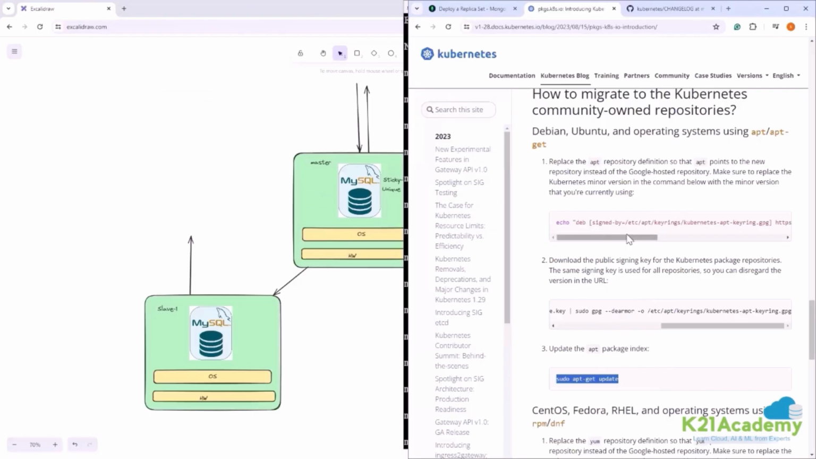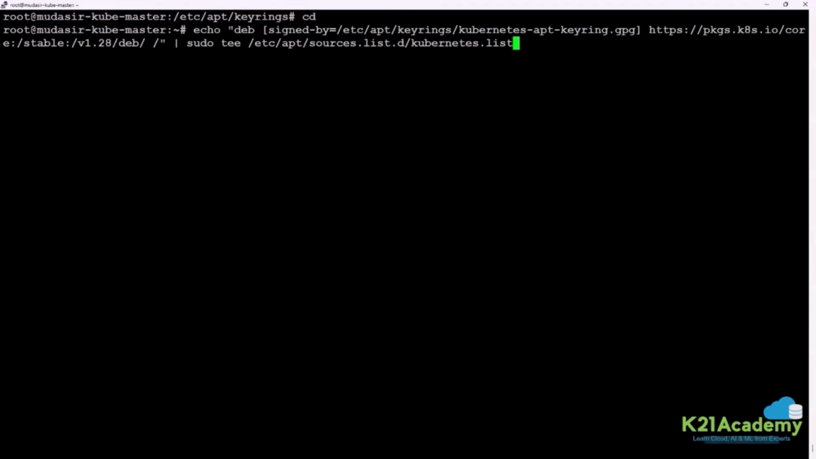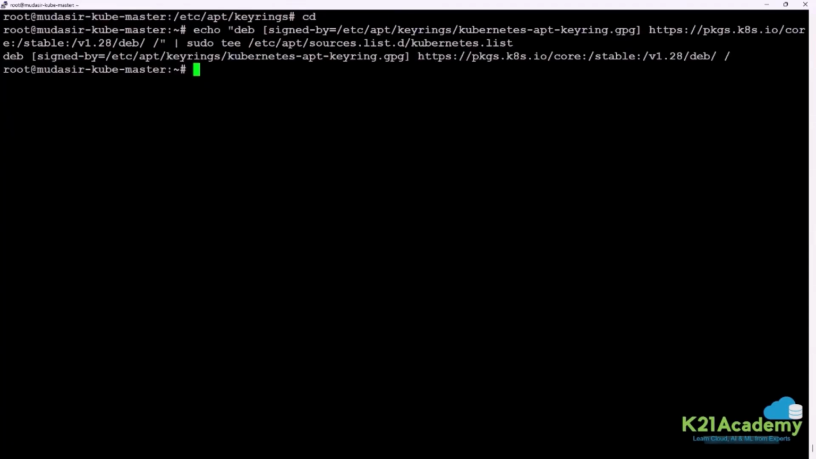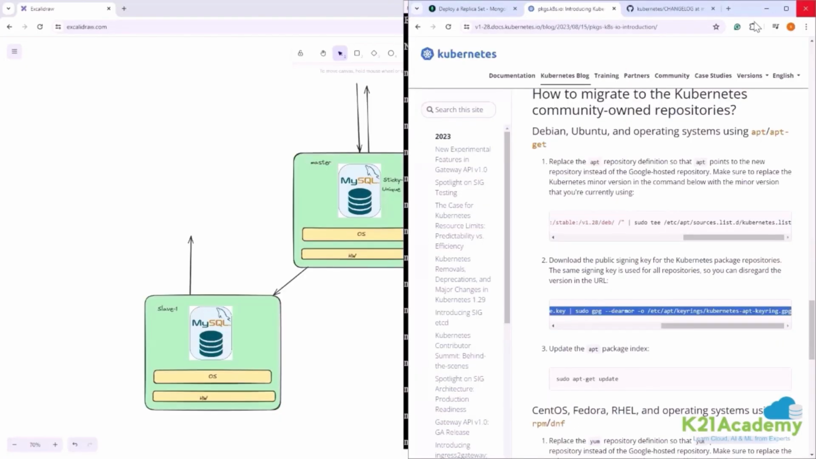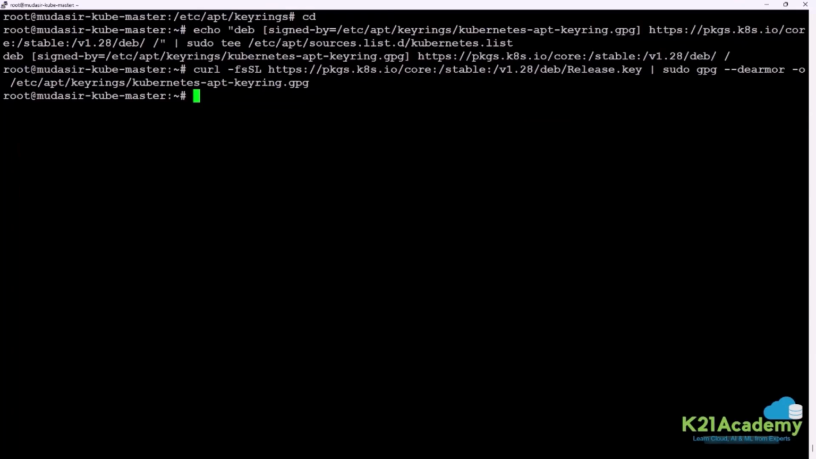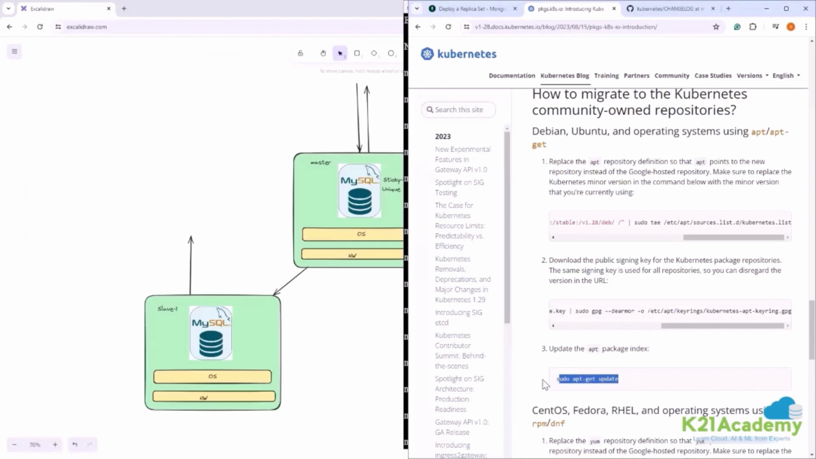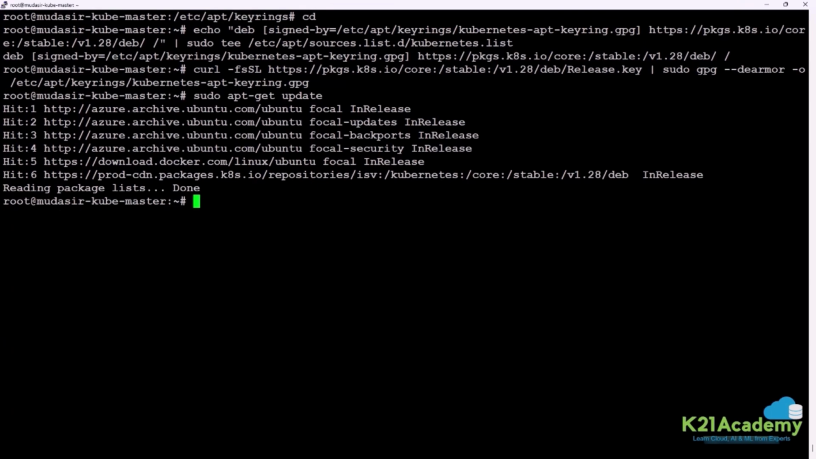So now the stable version. Let me add echo. Then apt, good. And then apt hyphen update. Then after doing the update, let me go with